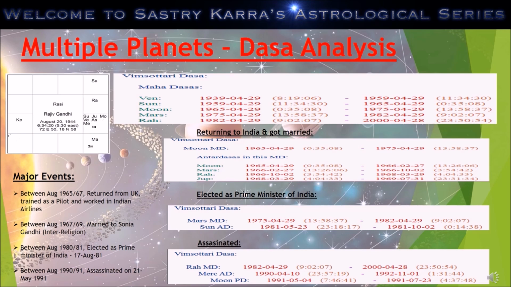So the next thing is he got married. Between 1967 and 1969, he got married. I don't know the exact date when he got married. But remember, he got married again during the Moon Mahadasa. Moon is the 12th house lord. When you look at marital life, the 12th house deals with pleasures of bed, and Rahu is residing there. So the pleasures of bed is something that he will receive by doing something that is against the social norm during that era.